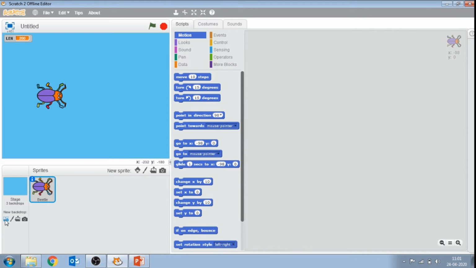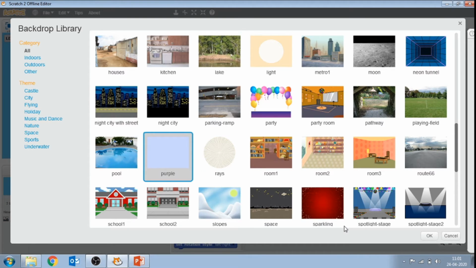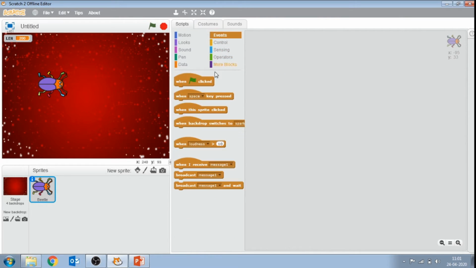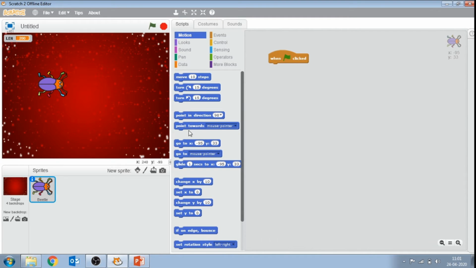Go and choose a background from the library. Okay, let's start scripting for the circular geometrical shape. Go to the event, drag when green flag clicked, go to the motion block, set the position on the stage to 0, 0.